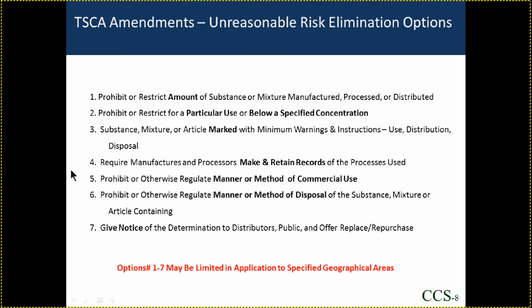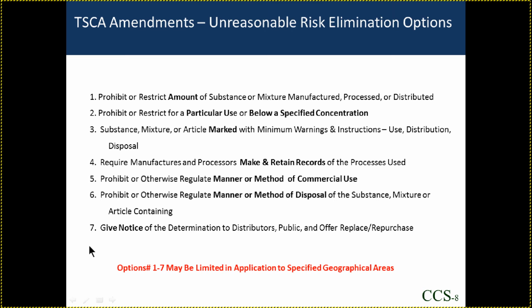They can have an option here, number 4, where they're only requiring that manufacturers or processors make and retain records. They can regulate the manner or method of the commercial use, so they could restrict it from some materials and not others. Similarly, they regulate the manner or method of its disposal. And they also, at the end, could make a determination that the manufacturer or processor had to give notice in their supply chain to their distributors, the public, and either offer replacements or repurchase, particularly if it's banned from that